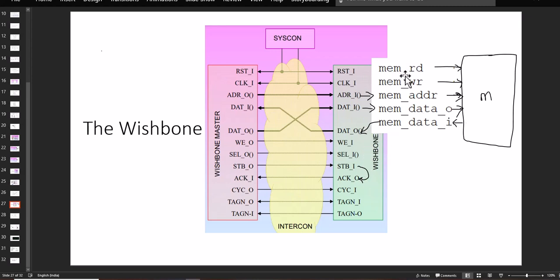like the memory read and memory write will be generated with the help of the WE, select and strobe. The memory address will be from the address itself, and the memory data going to the memory is from the dat I, and the output from the memory is going to the dat O. And the acknowledge will be looped back. This we are going to implement in the Verilog code and see how we can simulate on the Iverilog and